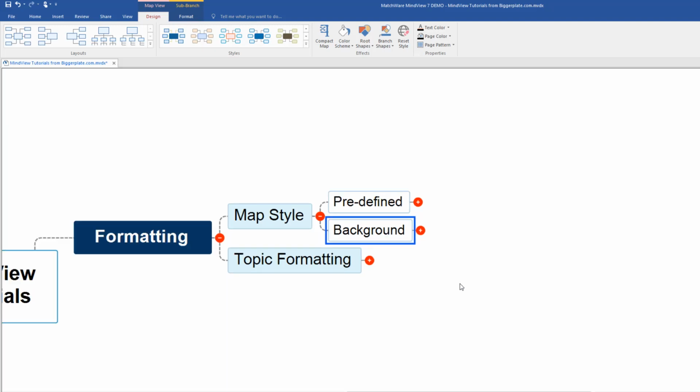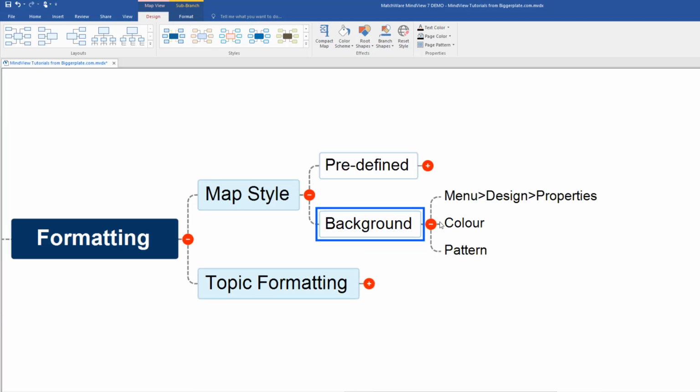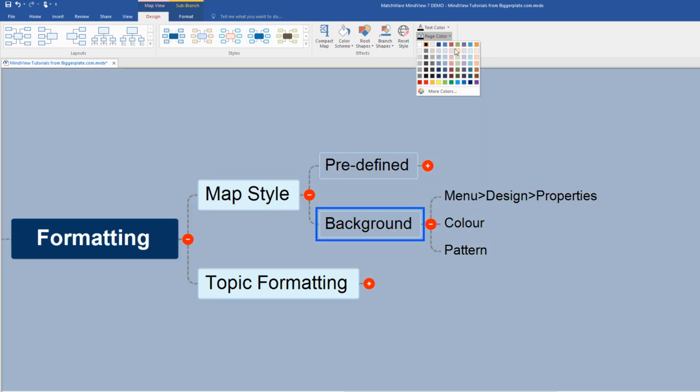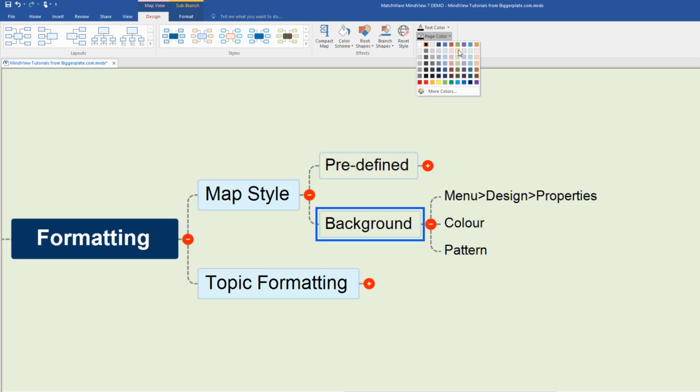Other little things we can do that are going to appear in the whole map design include changing the background. So we can come up to menu again and say design, and then come a little bit further across into properties, where we've got a couple of different options. I just want to show you things like changing the page color, which is really the background color of your mind map. Without committing to anything, if I hover over it, MindView is just going to show me what that looks like,